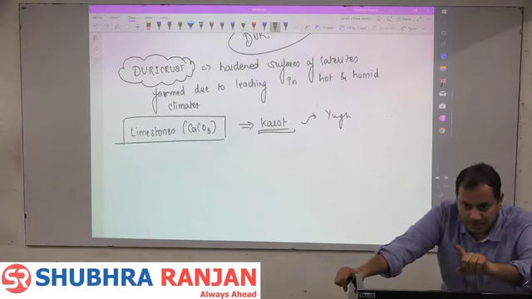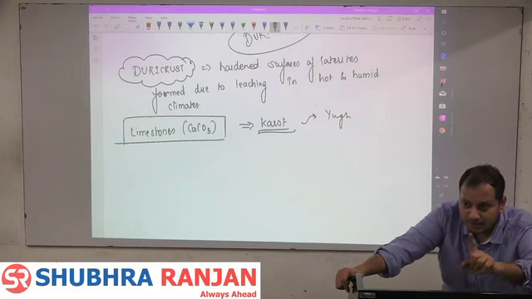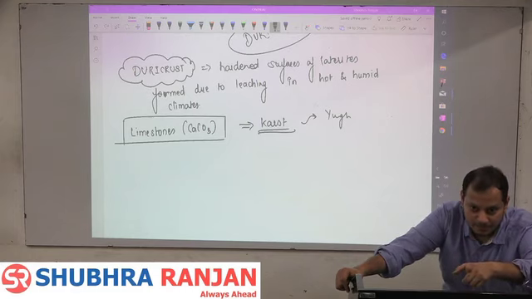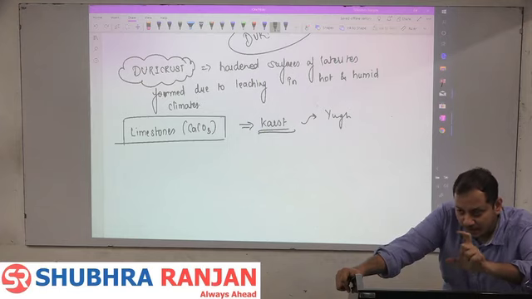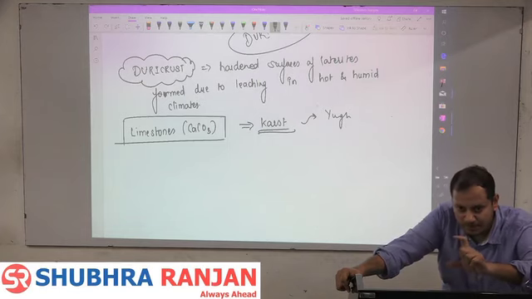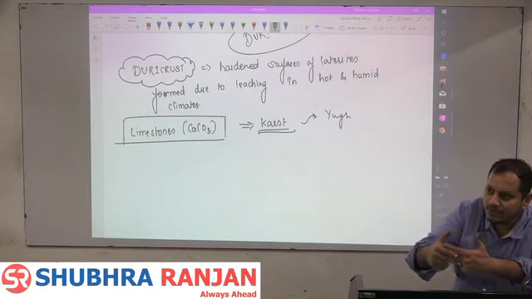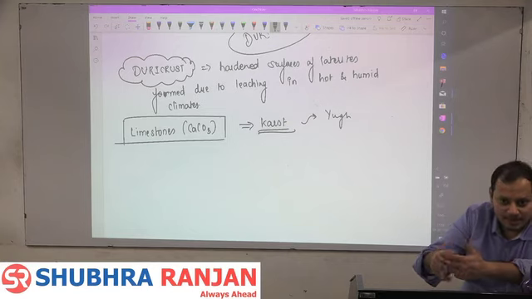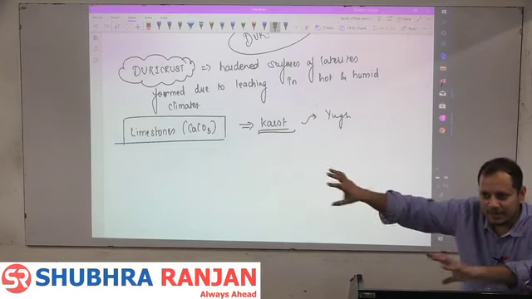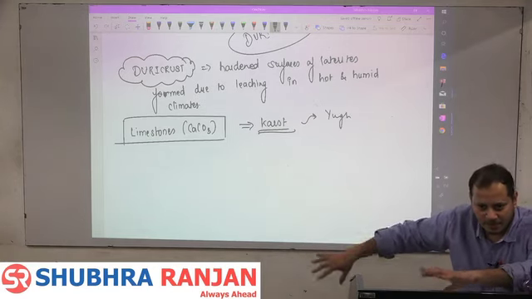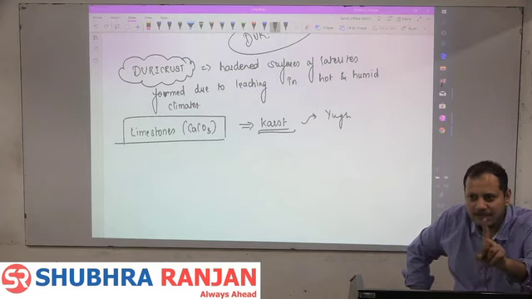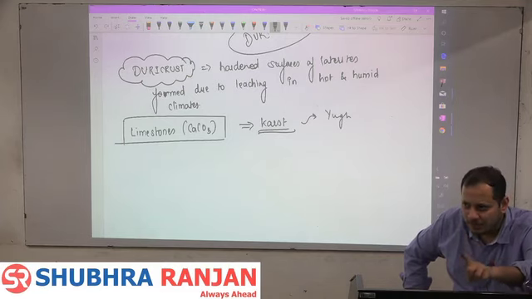First of all, limestone will always form when there is excessive rainfall and hot climatic conditions. Getting it? Limestone deposits. Because in the regions of hot climatic conditions, carbon dioxide will react with rain to form an acid, and it will erode the limestone, carry it away and deposit it at some other place. But today it is found near the Adriatic Sea, where today Rome is, Greece is, that is a cold climate.